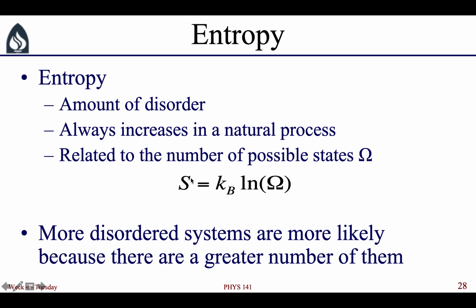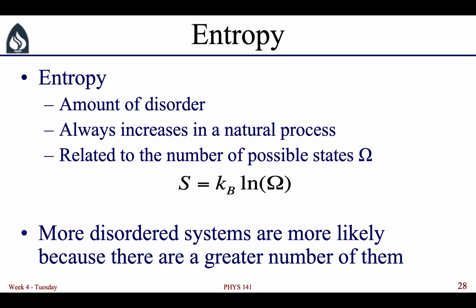Now, we actually won't be using this equation in this class. It's a very difficult equation to use because finding omega for any given situation is quite a lot of work. In fact, there is an entire upper division physics course called Thermodynamics and Statistical Mechanics, where we spend a large portion of the class learning how to calculate omega for different systems. Instead, we'll be looking at a simpler equation for finding the entropy, which we'll see later on.